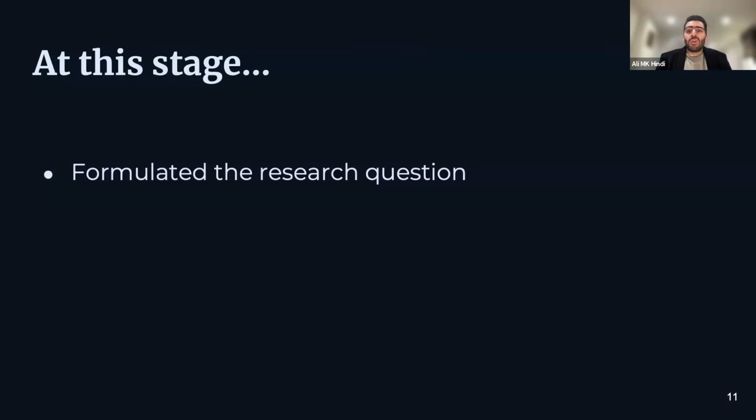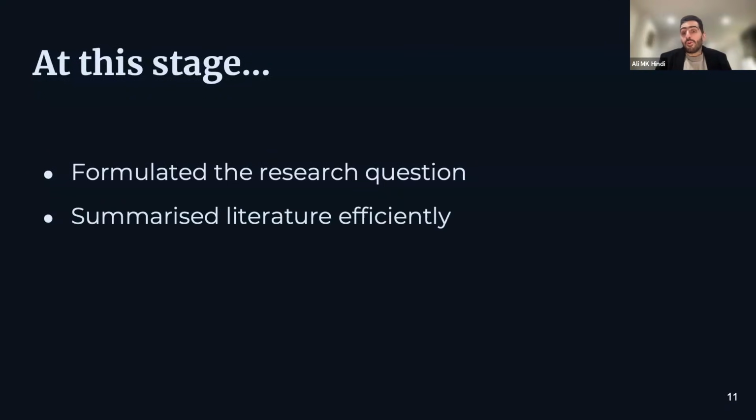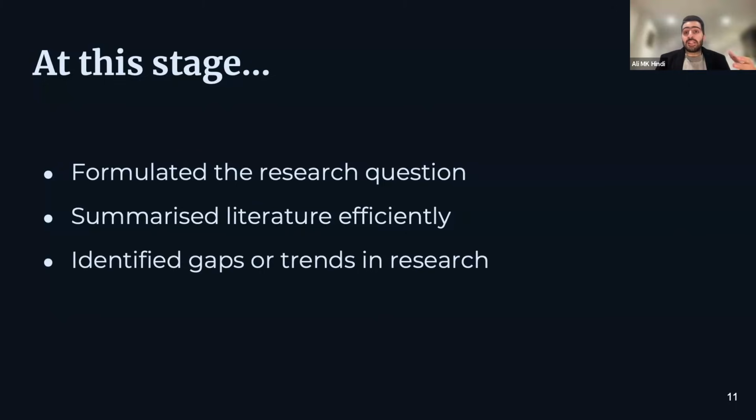So at this stage, we've formulated the research question. You would have used it to summarize literature efficiently. Now, obviously, for the interest of time, and this is a 1 hour workshop, I just had to do it quickly. But when you're actually using SciSpace, this is going to take some time. You're going to summarize the papers, have your own table, and go over them a bit more thoroughly than I did. We identified some potential gaps. So if you saw in the summary that SciSpace gave us, it gave us some potential gaps or trends in